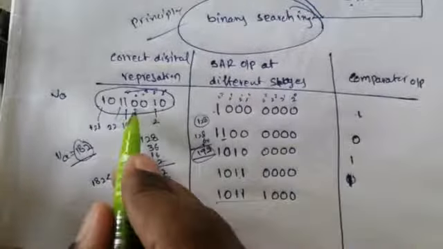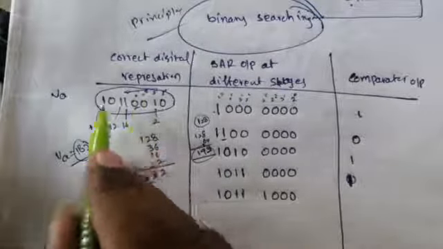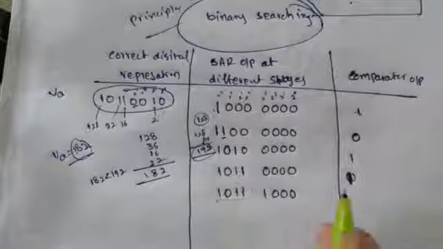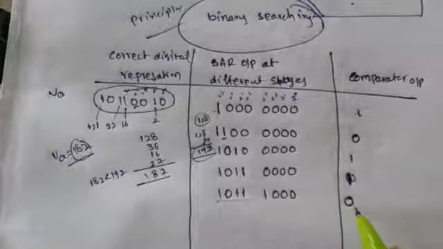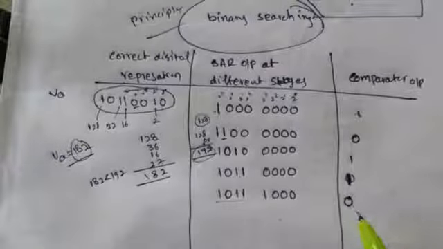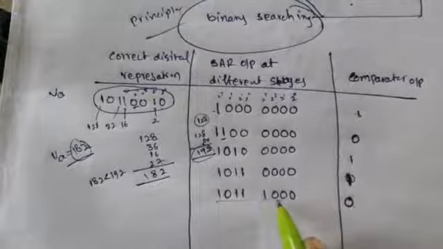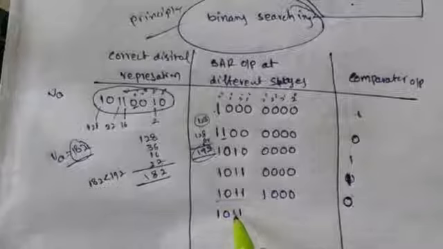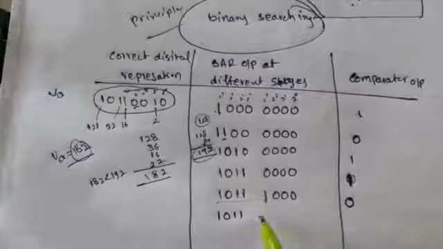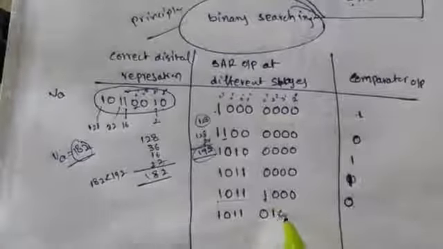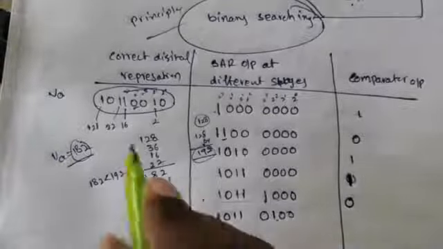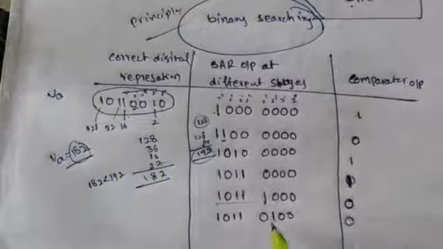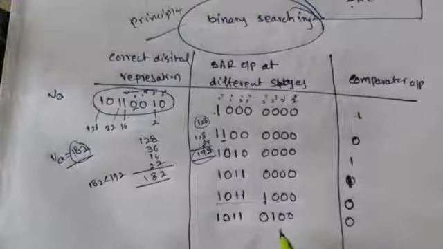So here the next bit will be 0, meaning compared to the original correct digital representation, this value is more, so it will receive a 0 signal. Whenever the comparator output is 0, this bit will be made 0 and the next bit will be high. So 1, 0, 1, 1, and this is 0, so it will make 0 and the next bit will be 1, remaining all zeros. Again it will be compared with our original input, it will belong to 0, again this will belong to 0 and the next bit will be highlighted.